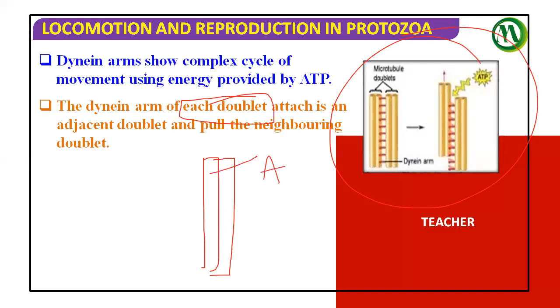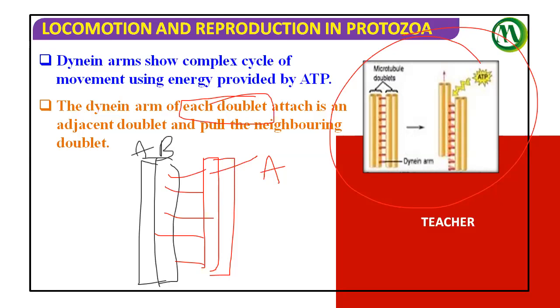A. So A has this dynein, and they are going to pull the neighboring doublet. Whom are they going to pull? The B. Okay, so this is A again, and that also has dynein. Just watch here. This is the A microtubule of the doublet, and with the help of dynein they are going to